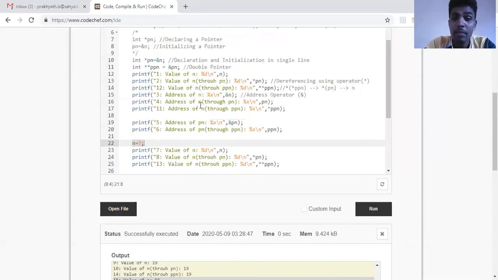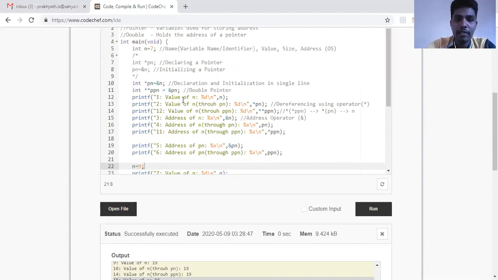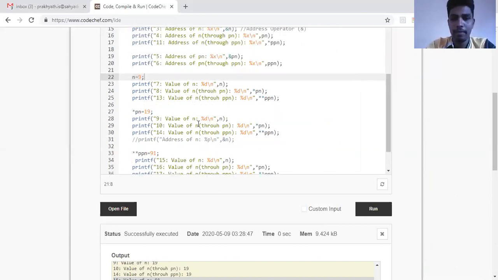I've given multiple print statements so that you can pause the video, slow down the video, and run this particular code n number of times until you get verified and rectified with the doubt what you have on pointers. These are very basic concepts of pointers which we have shown in this particular example.